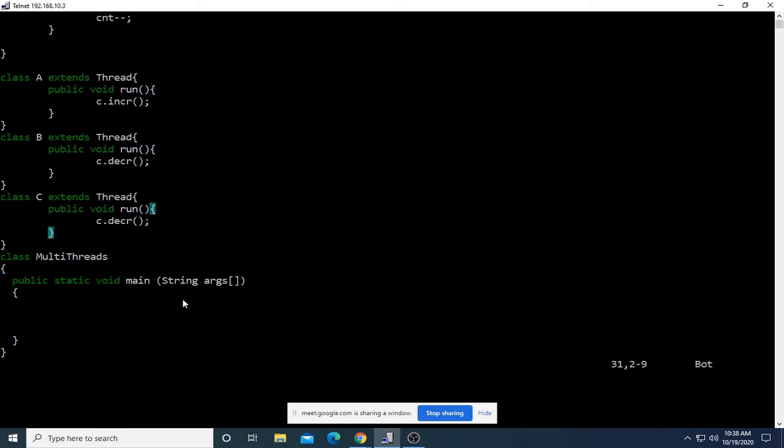Now coming to the main method, I need to create objects of these 4 classes. An object of the counter class: counter C is equal to new counter. And I also want to create objects of these thread subclasses.